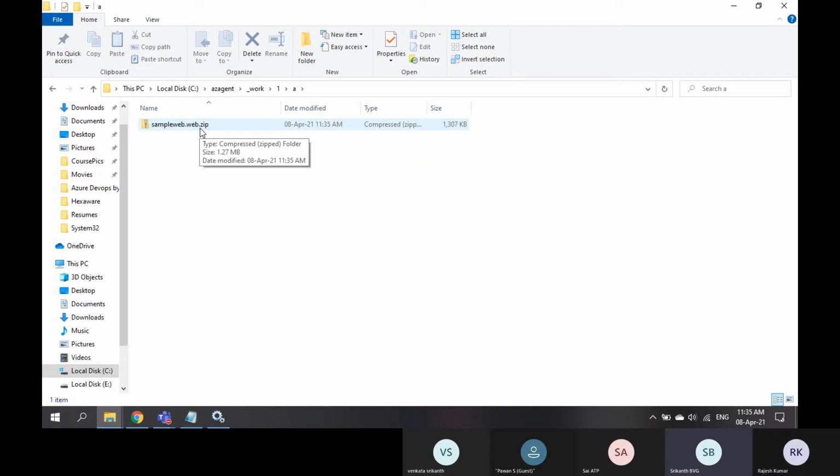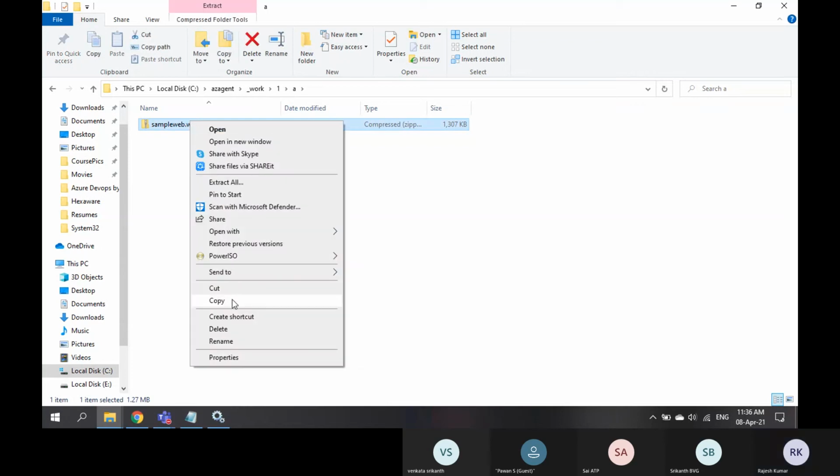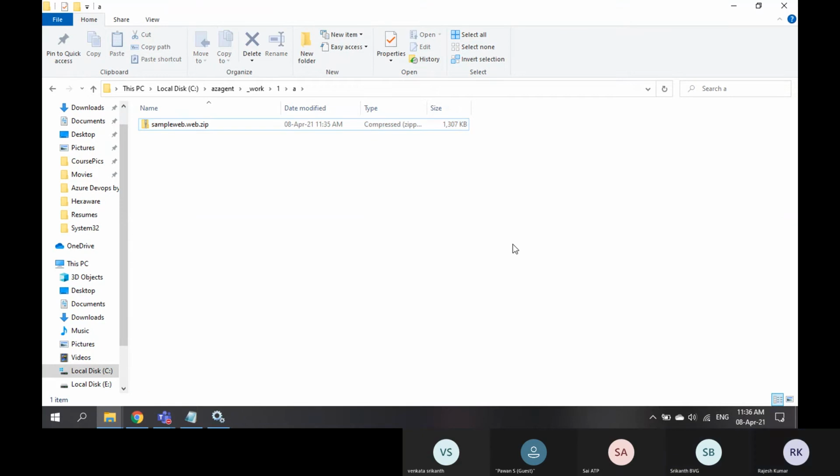Clear? So when you have your custom agent, you will get the source code and artifacts. Now when you want to deploy this artifact to some other service, you can directly copy paste. So you don't need to go for a release pipeline now. These are all the benefits with custom agents.